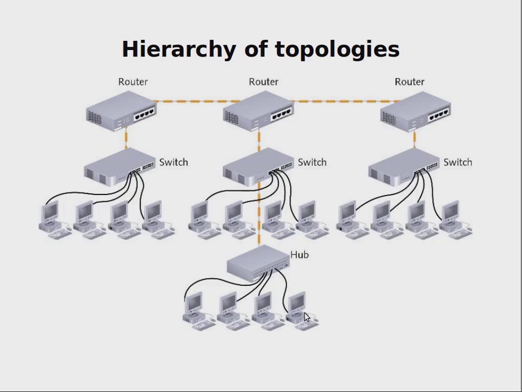But the good thing about this star topology is that you can easily create a network of networks. So you can make smaller stars and put them together in larger stars, and put those together in even larger stars. And in most cases, this is how the entire internet is built. So you have a star of stars of stars of stars until you get to the backbone of the internet of large optical networks around the world.